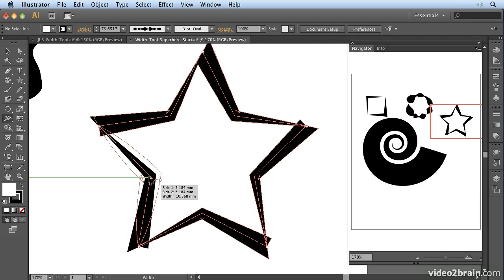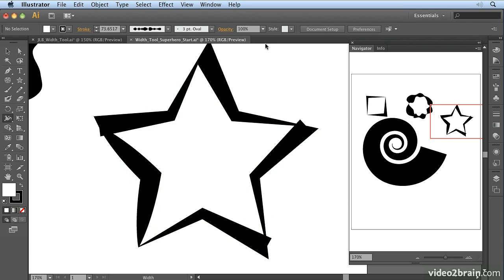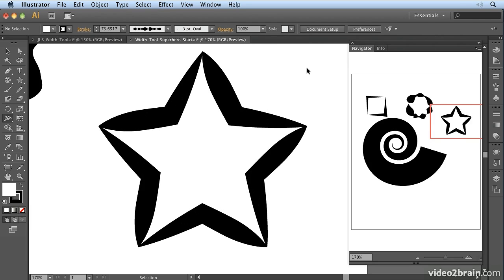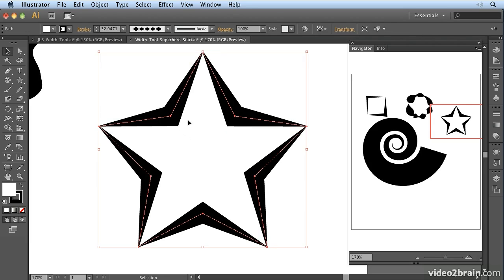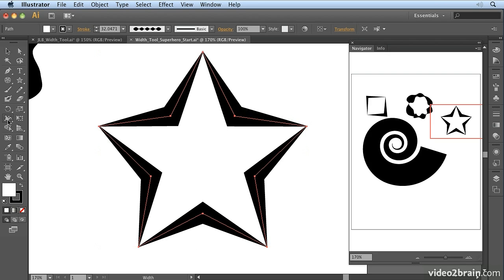Now, you have to be a little bit careful with this, because you can get strange little twists happening in the path. So if that happens, just undo a couple of back steps till you're back to where you're in control, and maybe make adjustments manually to those points. Now, it's important to note that if I select this, you'll notice I haven't added any new anchor points. So the width tool doesn't add anchor points, it adds what we know as width points, and they're separate from